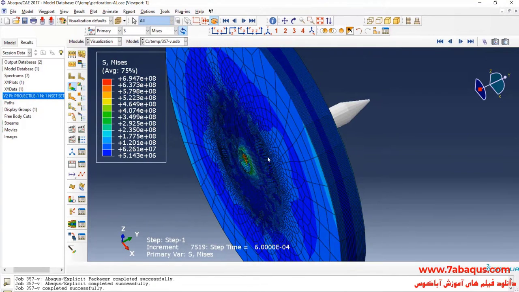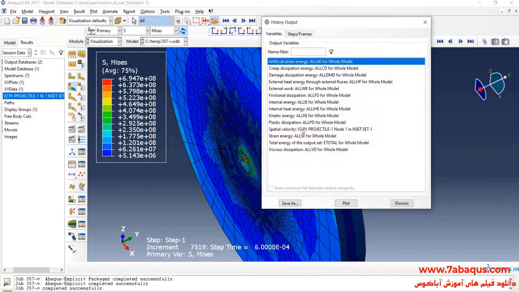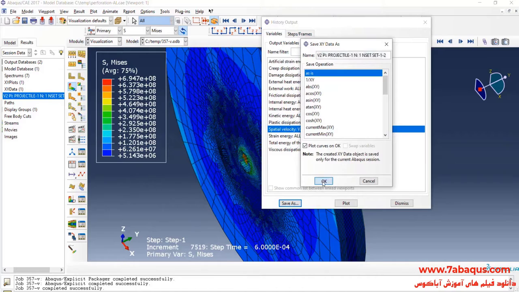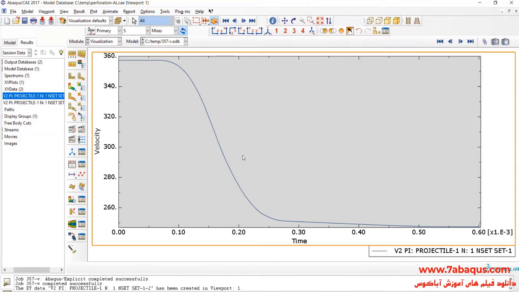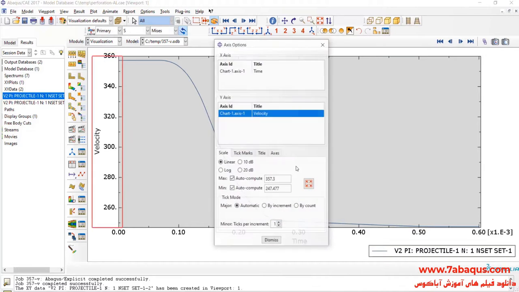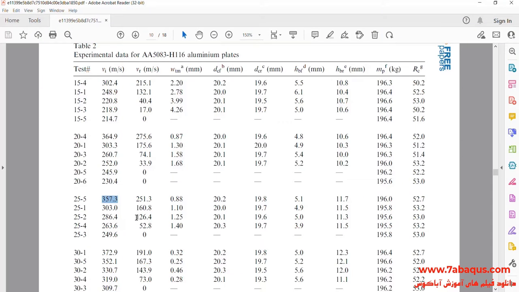Here we intend to draw the diagram, the projectile's velocity. As it can be observed here, the initial velocity is equal to 357.3 meters per second and the final velocity is equal to 247.47 meters per second. If we refer to the article, we will notice that the final velocity obtained from the article is